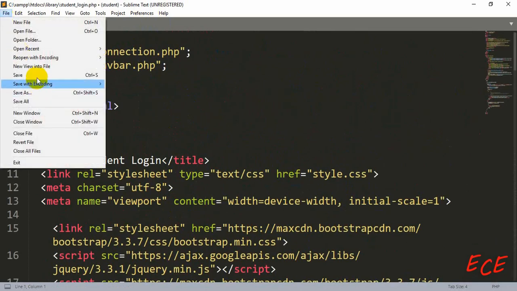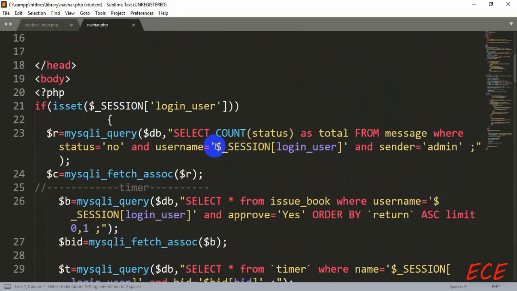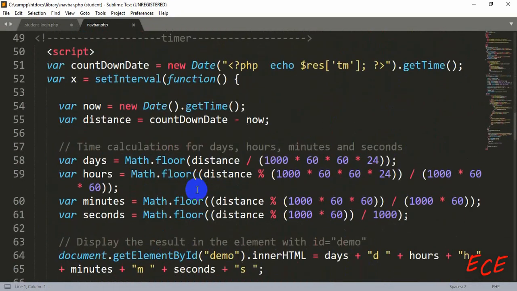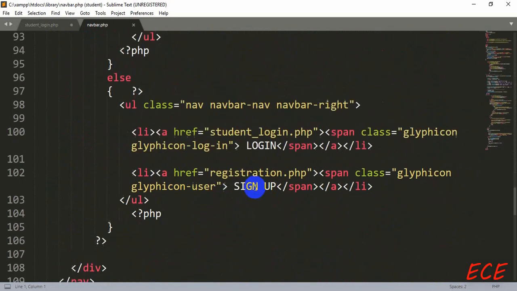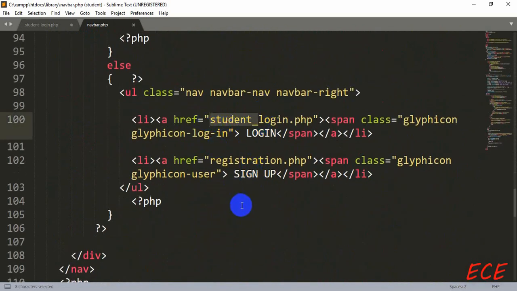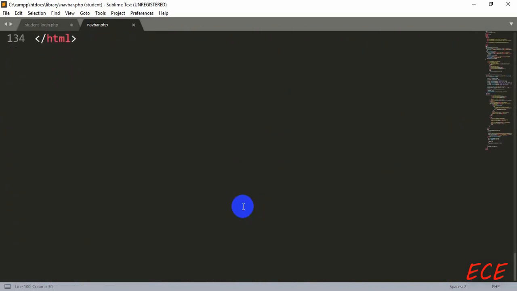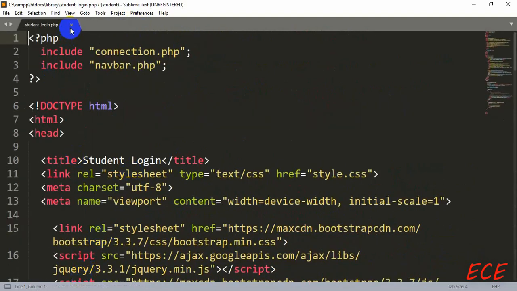And here again we will open another file for the navigation bar. These are outside the student and admin side, inside our library folder. Okay, so here we have another one, login.php, and no other option. Okay, let's save this file too, and we can delete this